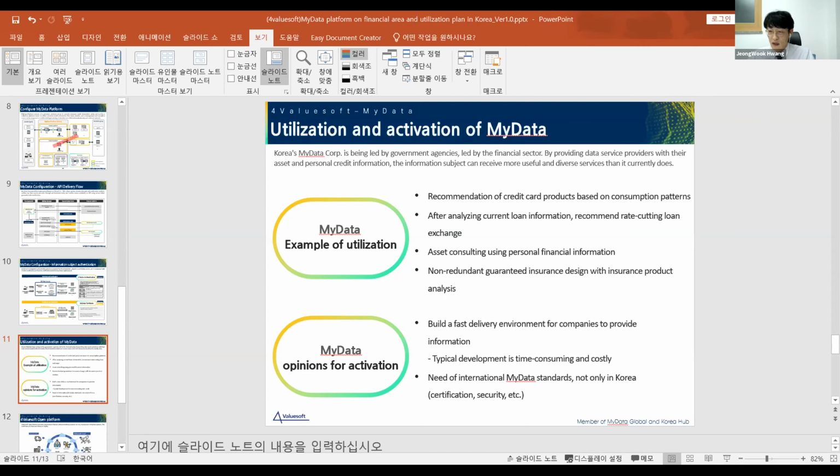In my opinion, in order for Mydata to be activated, the provision environment of a company must be established quickly, and the validation procedure must be carried out in areas where international standardization is possible, such as certification and security.